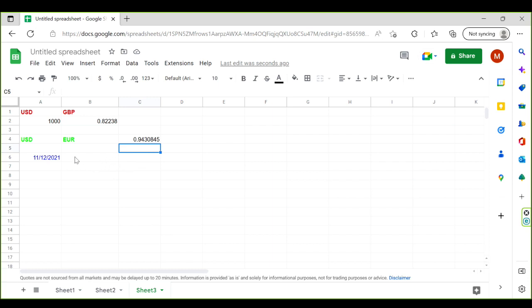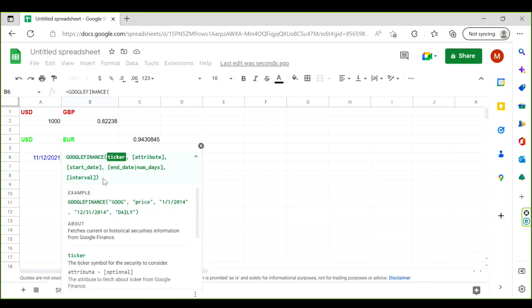And for the third case, we want a list of the currency rate between these two currencies. So in the cell adjacent to the starting date, type the following formula, GOOGLEFINANCE, press tab, and type double quotation, currency, next type colon. We want to convert USD to GBP, double quotation, comma, and in the attribute type inside the quotation price, double quotation,